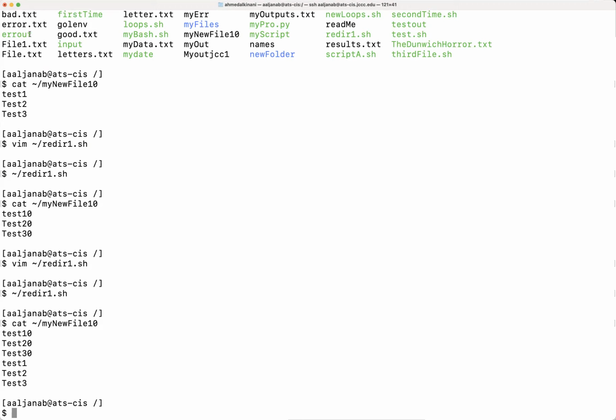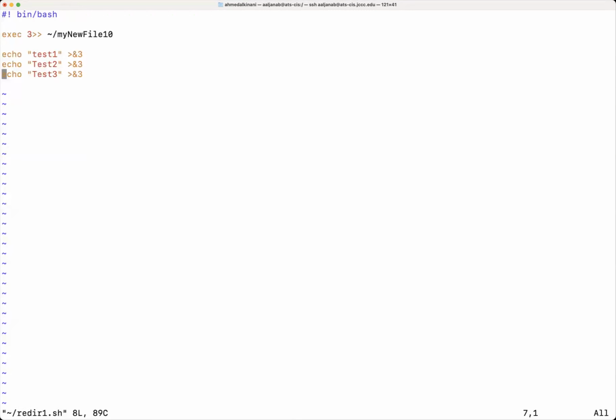Okay, let's see here. One thing you should know, let's go back to our Vim here. You can see I'm redirecting all those outputs to a file, my new file 10, using file descriptor 3.